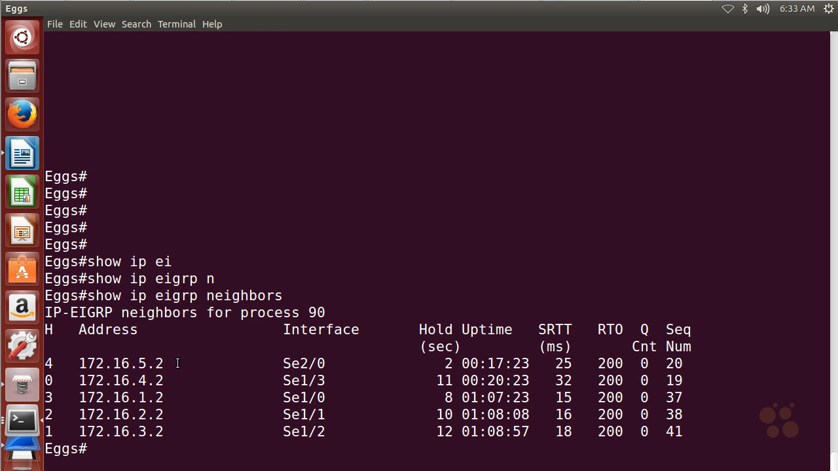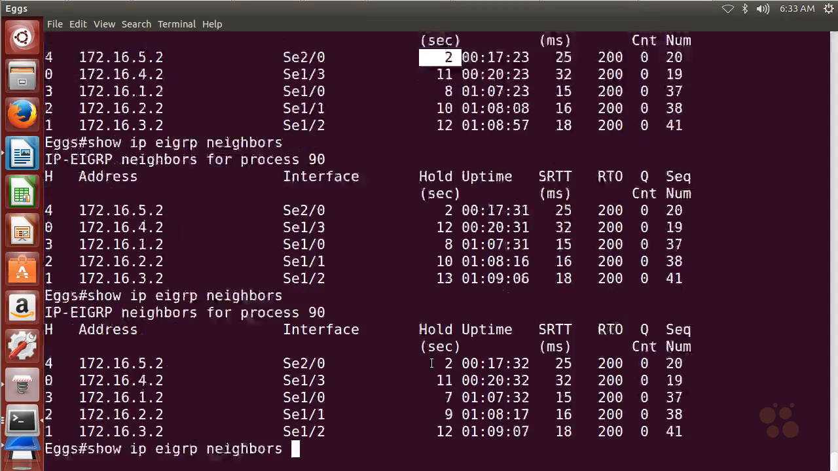Now notice this. 5.2, that's the serial router. He's saying his hold down timer is 2 seconds, 2 seconds, 2 seconds. What that means is you'll never see 3, right? Because it always starts counting down to 2. And by the time it gets to 1, it's already received a hello packet because I've set my hello interval